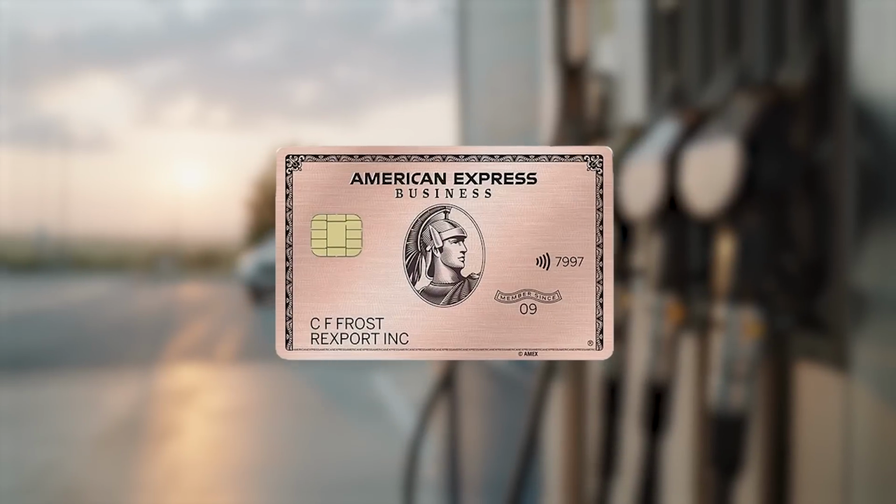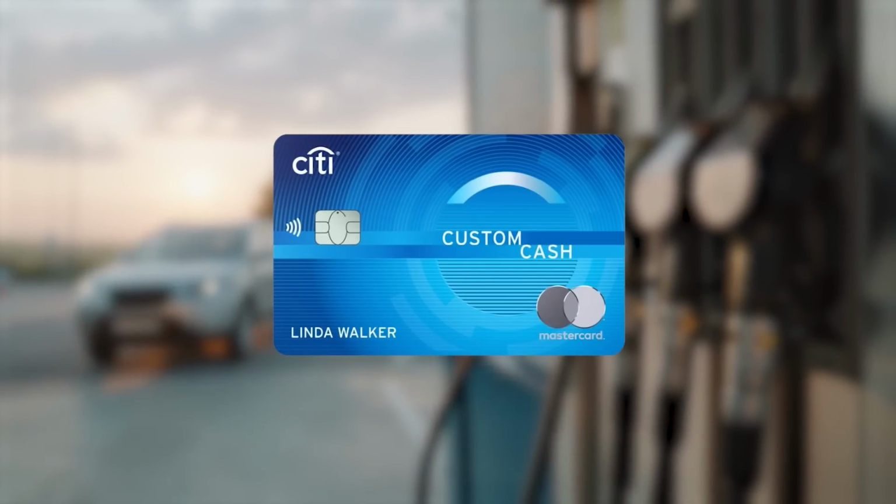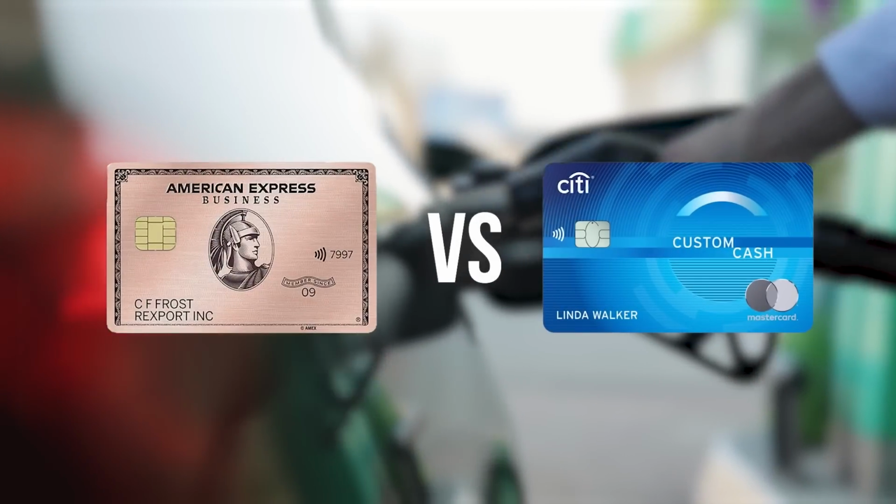Y'all may have heard me say earlier that I'm going to be using the Amex Business Gold card as my gas station credit card, but that's been what I've been using the Citi Custom Cash for so long. And similar to me sacrificing a point per dollar spent on dining using my Bilt card versus my Amex Gold, I'll be sacrificing a point per dollar on my gas purchases by using the Amex Business Gold over the Citi Custom Cash. But since I don't have the Citi Premier card yet with Citi, I cannot transfer my points out